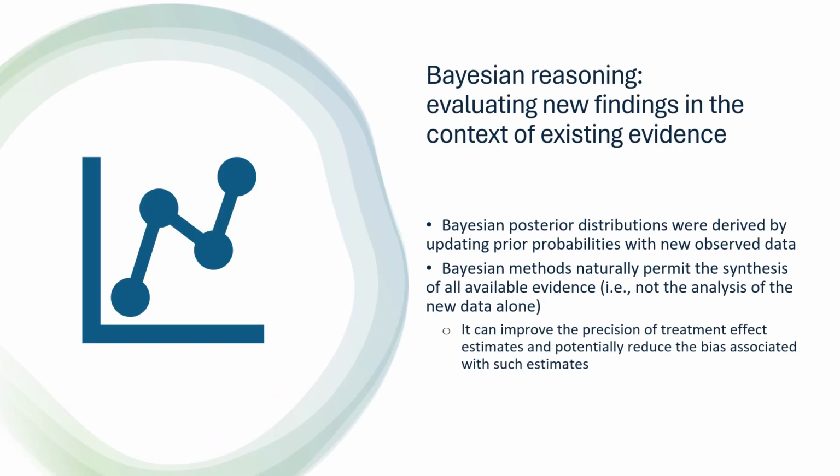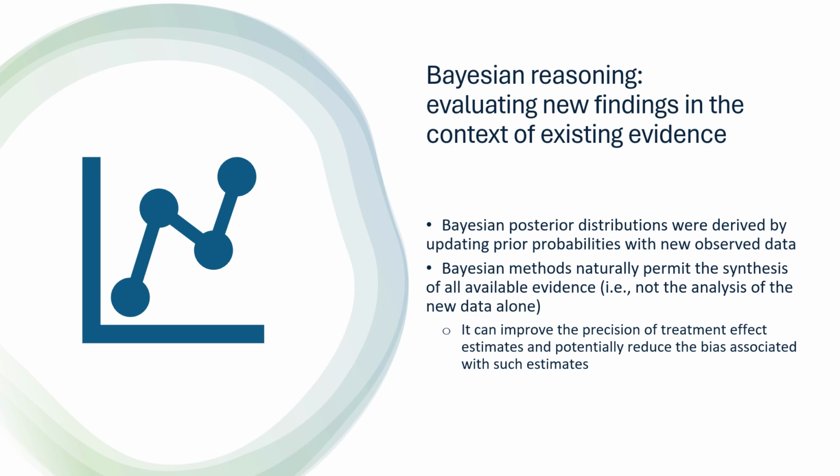Our qualitative approach of evaluating economic evidence was inspired by the Bayesian framework. The key feature of the Bayesian framework is to allow new findings to be set in the proper context. Briefly, Bayesian posterior distributions were derived by updating prior probabilities with new observed data. Since Bayesian methods naturally permit the synthesis of all available evidence, not the analysis of the new data alone, it can improve the precision of treatment effect estimates and potentially reduce the bias